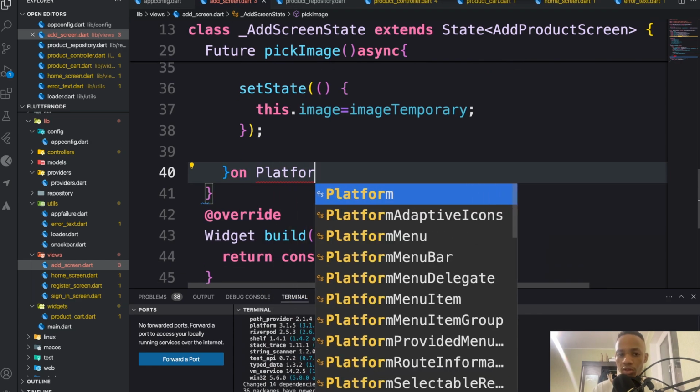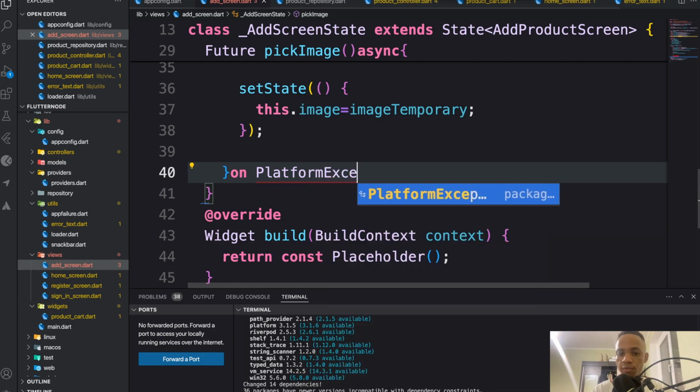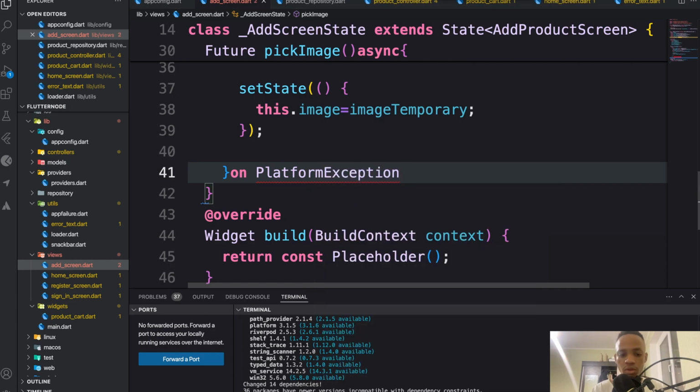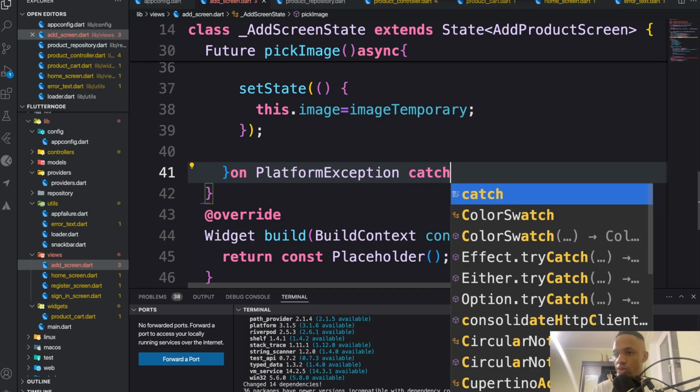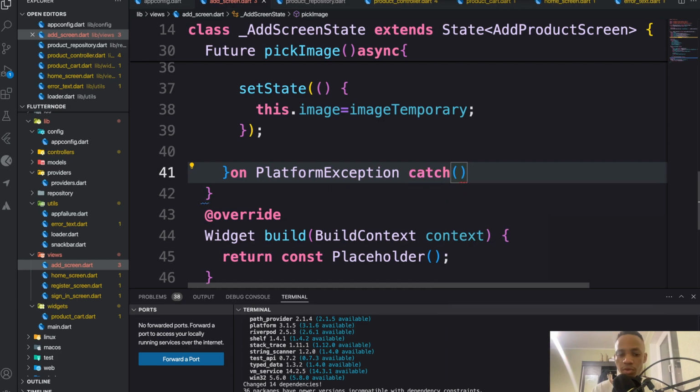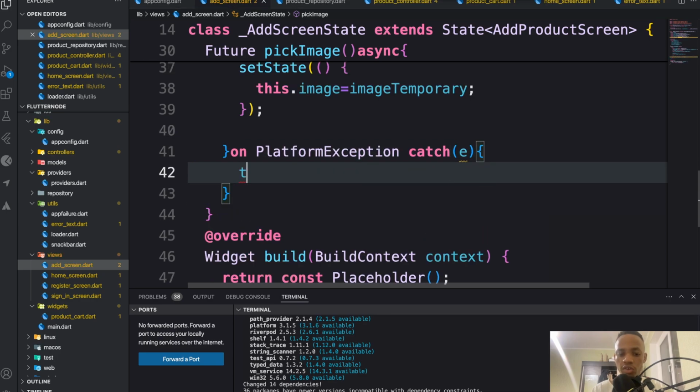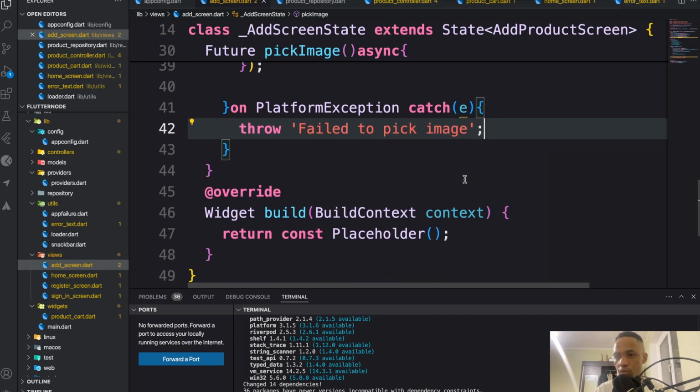And then we need to make sure that we catch some exception on platform exception, right? We are going to catch an exception E, and then we just throw failed to pick image. Failed to pick image, like this. Okay, so now we are done with pick image, right? Now we need to move on to